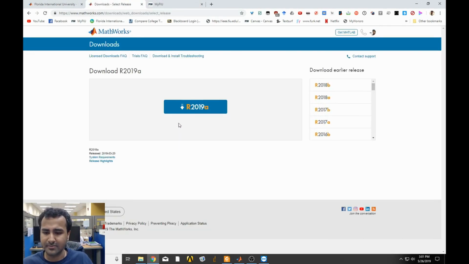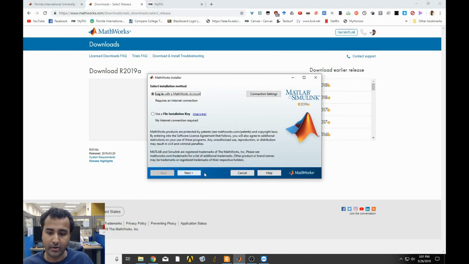So now you'll be asked to download which release you want. Now, at the time of making this video, the latest release is R2019A. So go ahead and download this and run the file, and it should create a temporary folder where it extracts the installation file. And when you open it, this is what you should see. MathWorks installer, and it'll ask you for two different things. So one, you can log in with your MathWorks account or have a file installation key. So log in with your MathWorks account, click next,